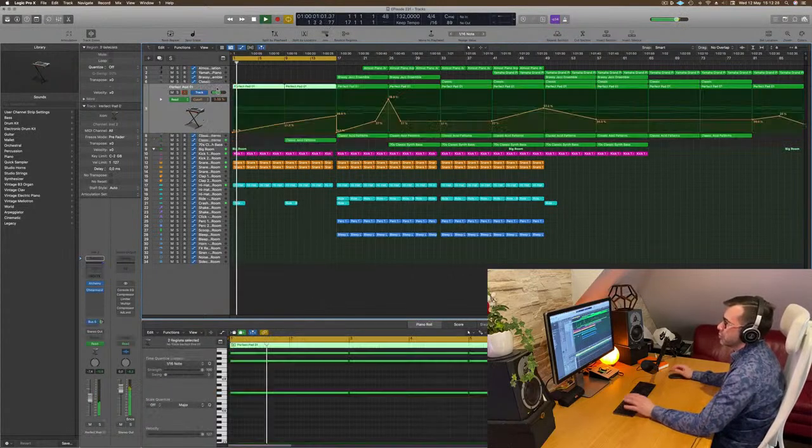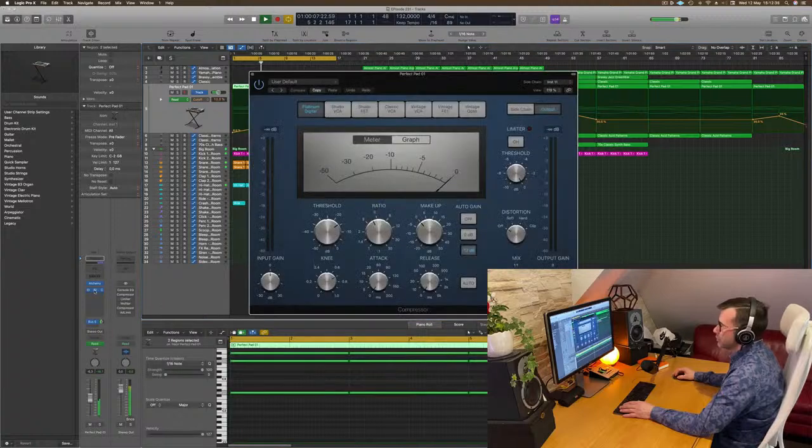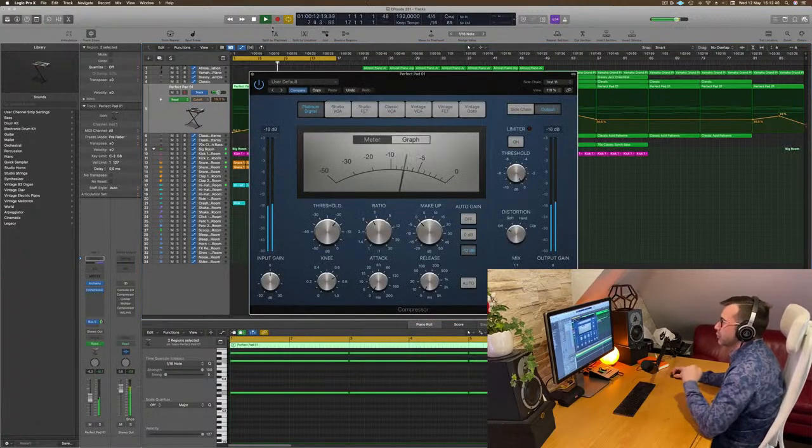I'm gonna check this pad again here. I think it's going a bit too high. I'm gonna keep it in the back. And the compressor doesn't seem to be... I don't really want to feel